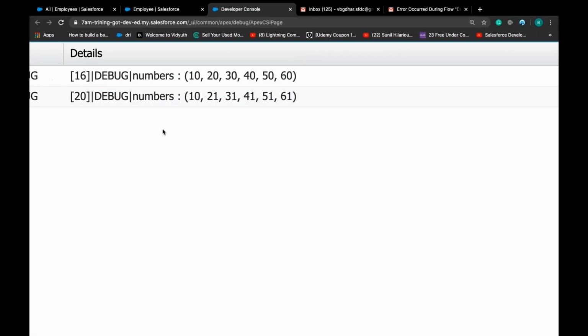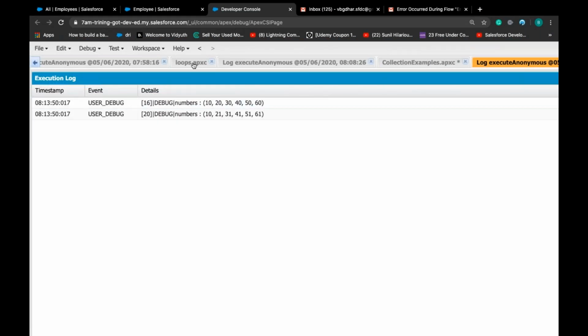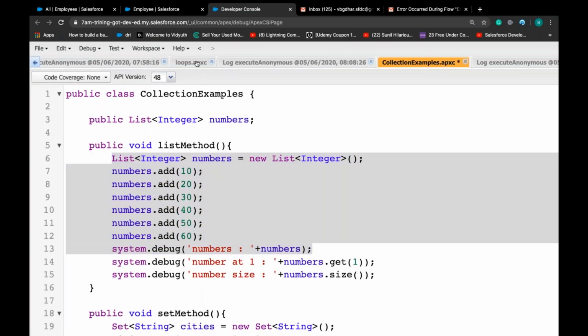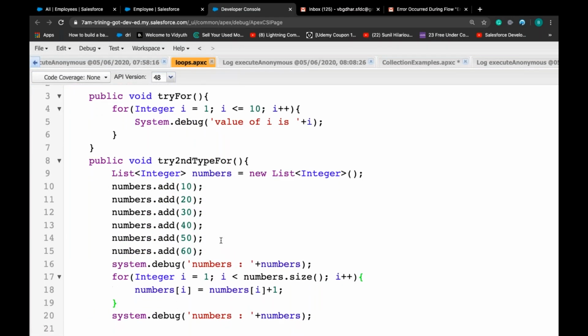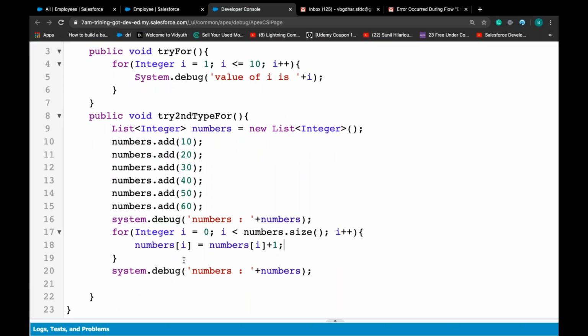All the others are added, but the numbers are incremented by 1. It's because we should consider 0 as the starting number for the index, right? So